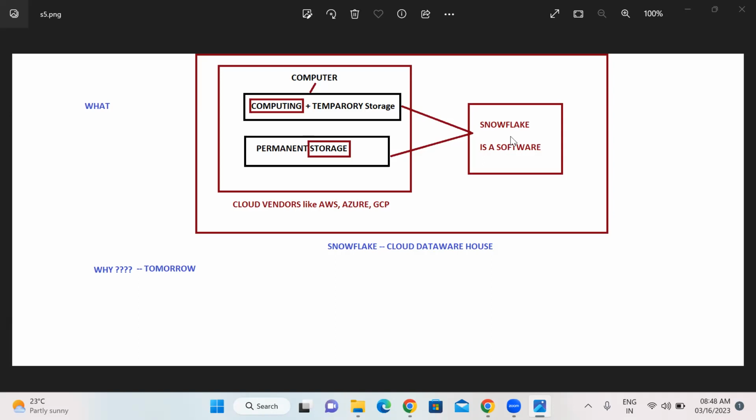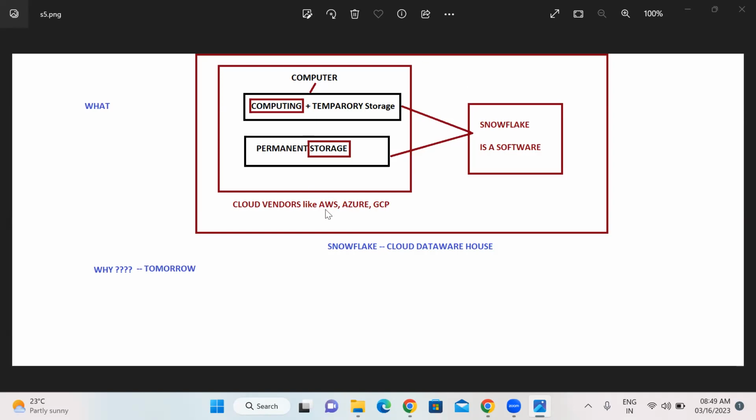Then, to process and transform your data in Snowflake, what do we need? Computing plus temporary storage. That will also be provided by a cloud vendor like AWS, Azure, or GCP. That entirely we call it...